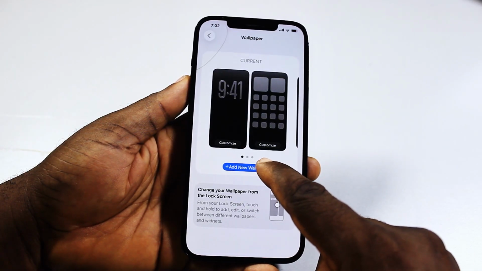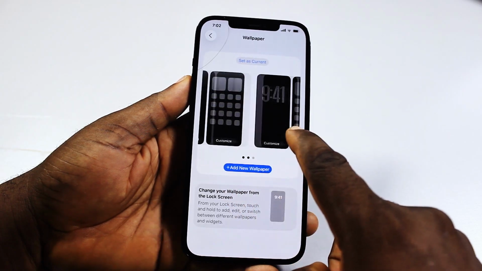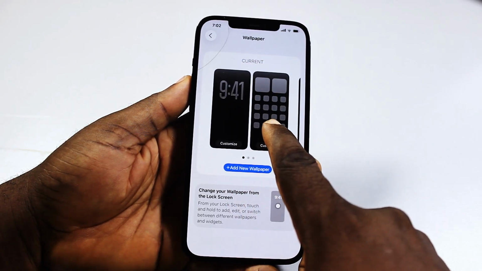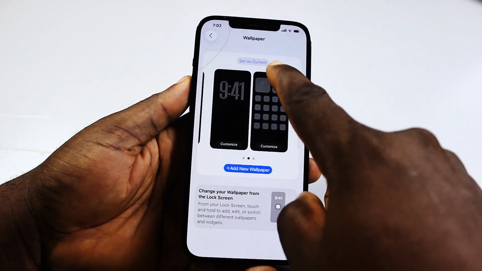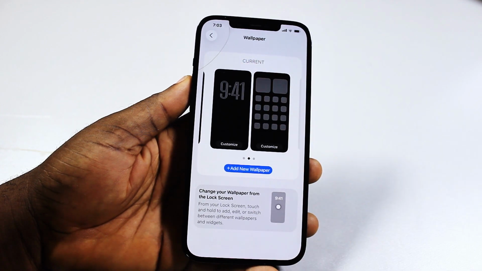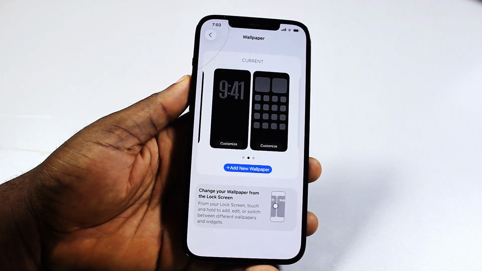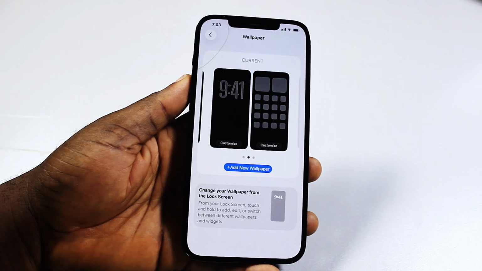Now click on add new wallpaper or swipe through to see all other wallpapers that are not changing wallpaper and click on set as current. Once you click on set as current, this is going to change the wallpaper, or go ahead and click on